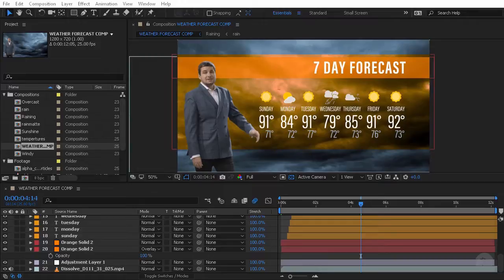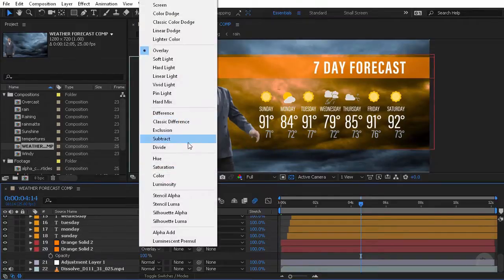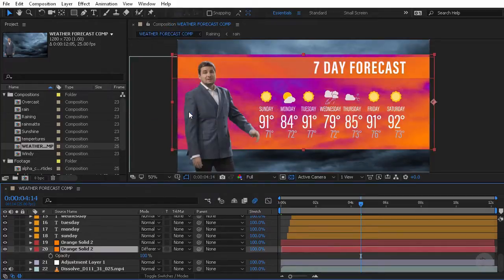Now let's talk about our difference category. So that's going to be this category right here. Your options include difference, classic difference, exclusion, subtract, and divide. These blending modes create colors based on the differences between the values of the source color and underlying color. Now, these might be a little bit harder to conceptualize what that color is, but it's great if you're looking for kind of an abstract